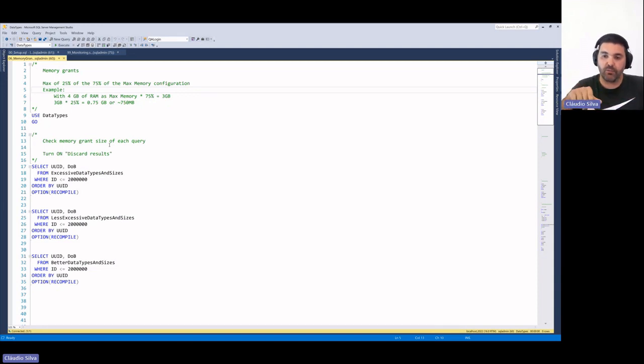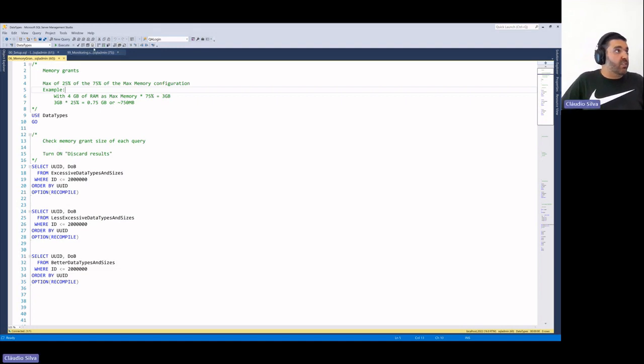But the rest you put as max memory, which means that your memory grants may be able to benefit from that. Because it is 25% of the 75% of this max memory, if you don't cap that at 128 but put it at 160, you get some extra megabytes per query for the memory grant, if of course needed. Or, as we will see, it's just enough that we are running in parallel a bunch of similar queries that ask for the same memory grant, and if that amount all summed together cannot fit inside of these 75%, the query will start waiting to be able to get the memory grant, okay?